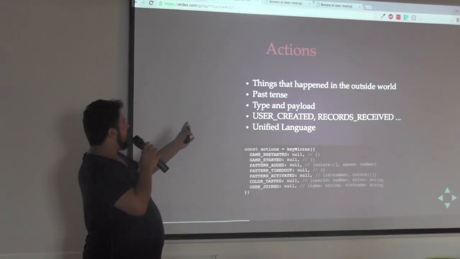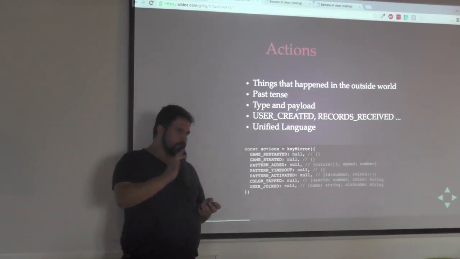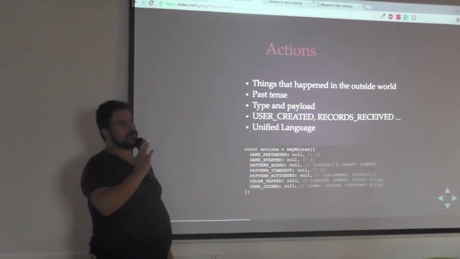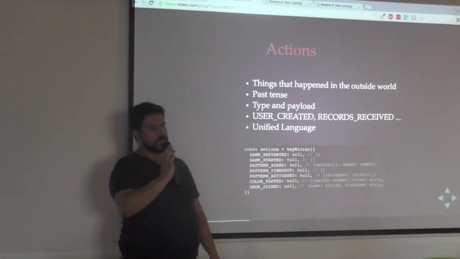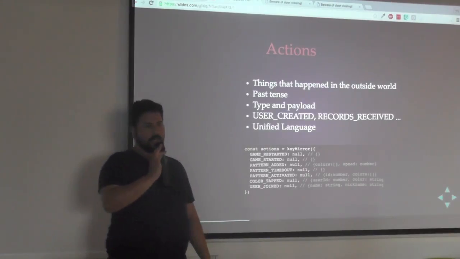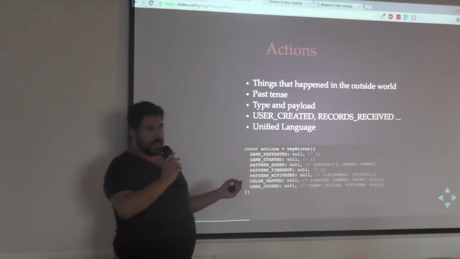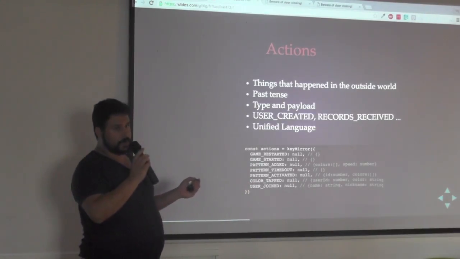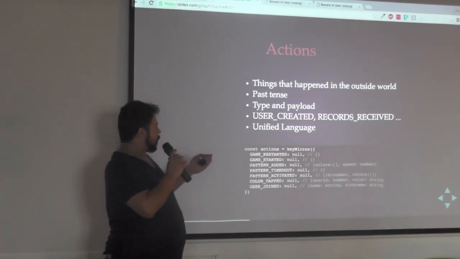It's composed of a type and a payload. The type of the action and the payload itself. What it actually gives us is a unified language for all of our application, and that's a very powerful thing, because now I have an interface between all of my modules and the outside world that I can use to communicate with my application. By the way, this also works server side. I can also send actions from the server, and my application will respond accordingly. And I'll show that